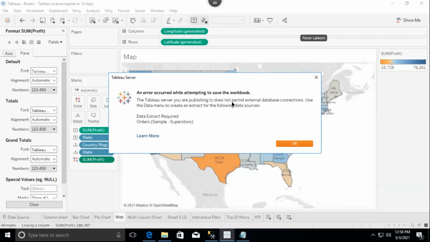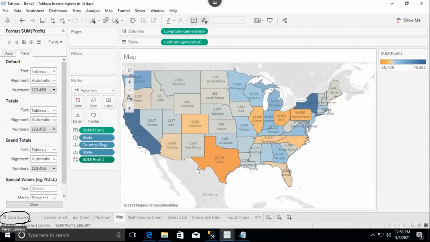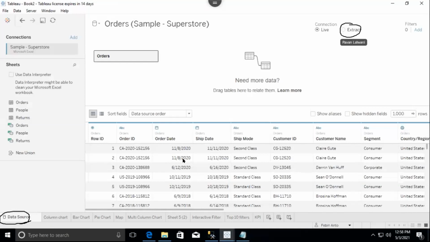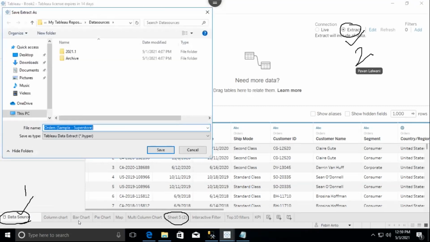Right. So Febin, you have to click on Data Source at the bottom and click on Extract. Just hold on, let other people see. Only people who are getting the error message can click on Data Source and click on the Extract button, then click on any sheet and Save.